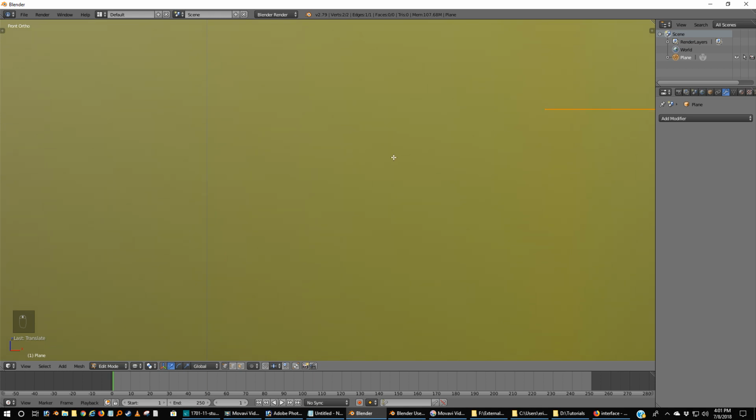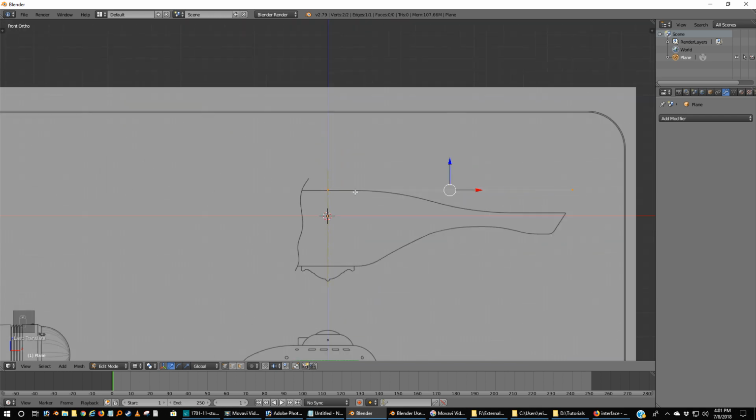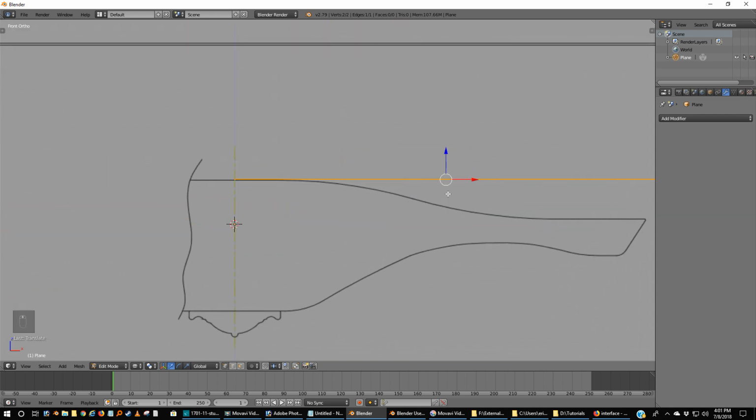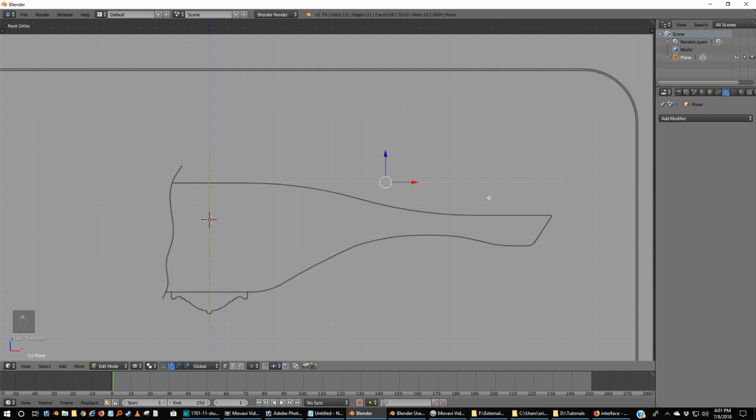All right, so I'm going to grab, and I want to move this only in the X direction. I don't want to go up or down. So I hit X on my keyboard after G and center that up as close as I can to 0. That's as far zoomed in as I can get, and that little vertex is right on the center line, so that's great. I'm going to scroll back out with my mouse, and now this is far too big, but